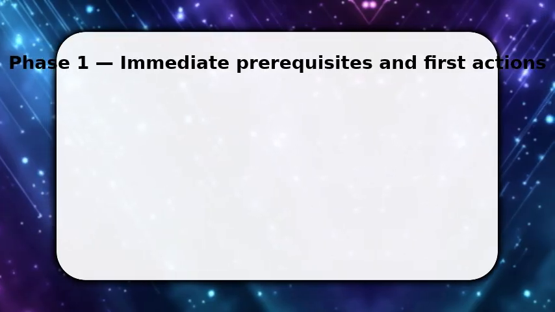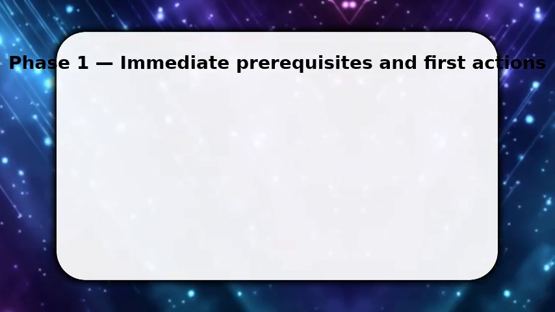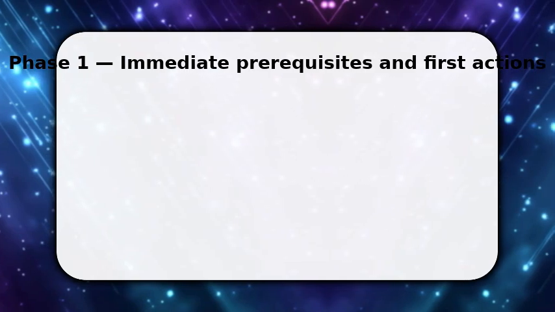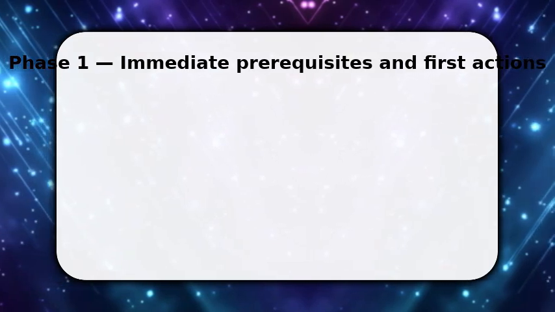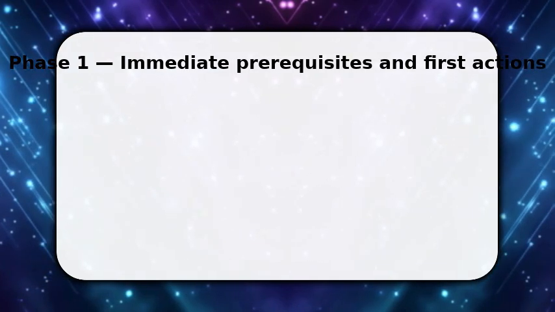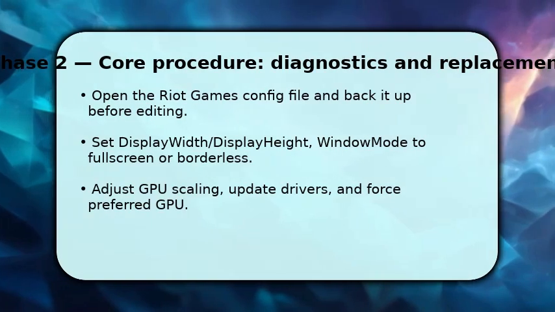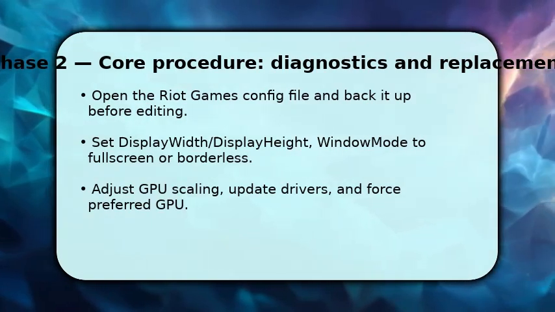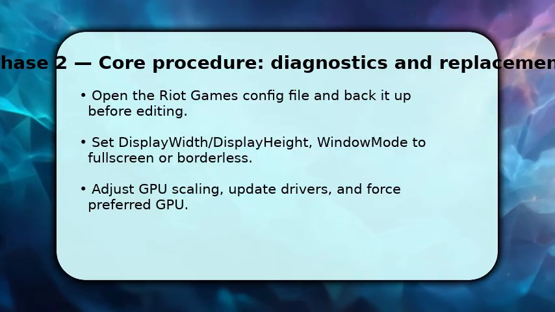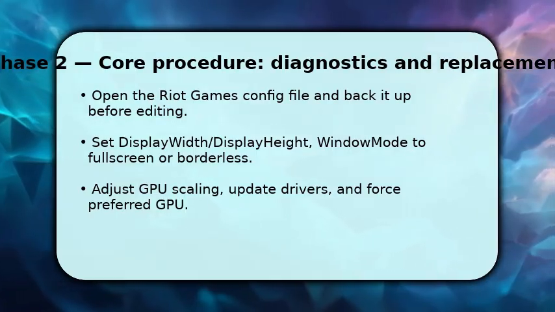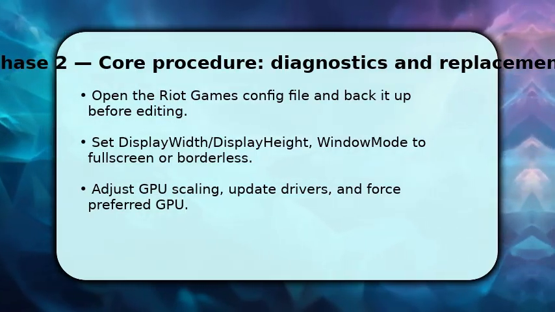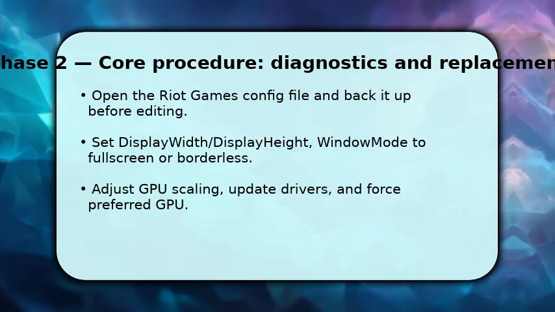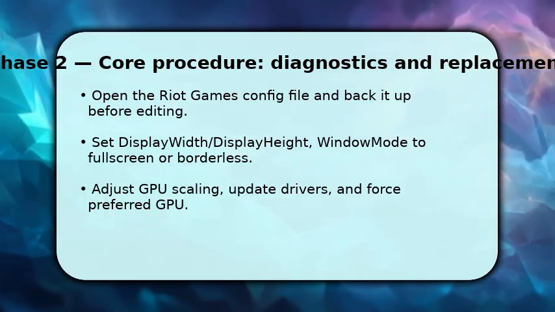Press for the client options and append resolution arguments to force the game to respect the values you set when it opens. You now edit the detailed settings that actually control resolution. Locate the Valorant configuration file in the Riot Games folder and make a backup before any edits. Then change display width and display height to match your target, and set window mode to full screen or borderless